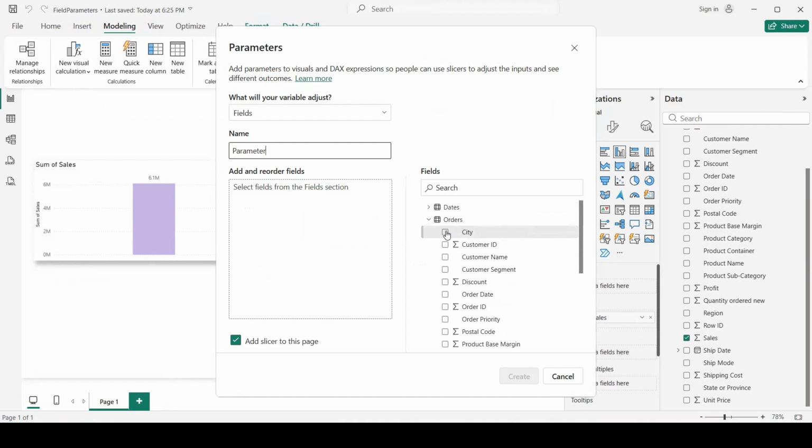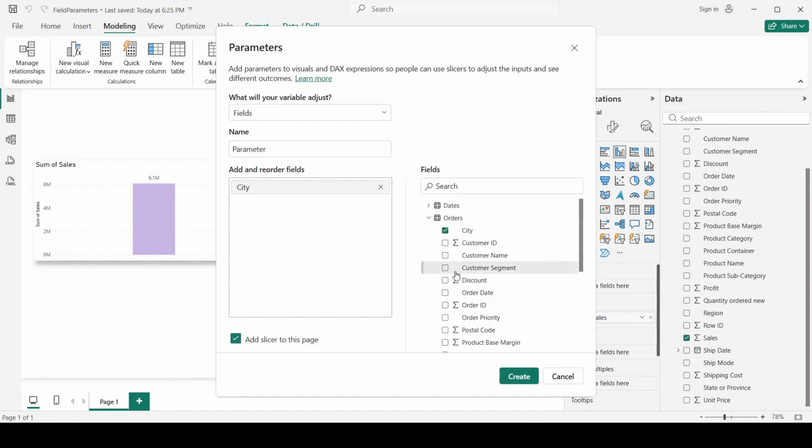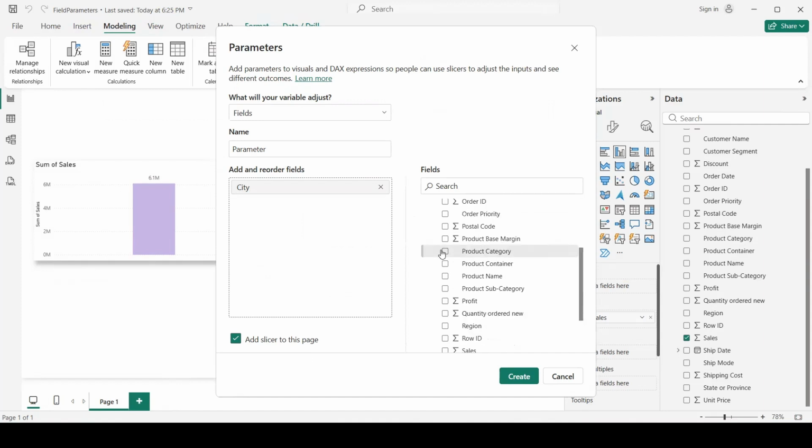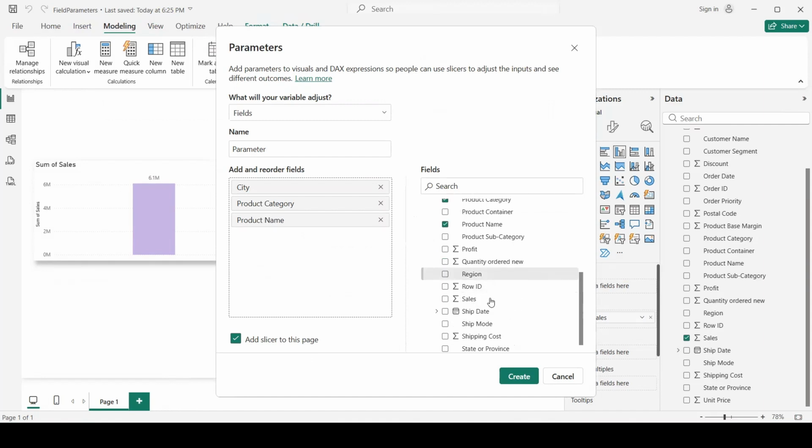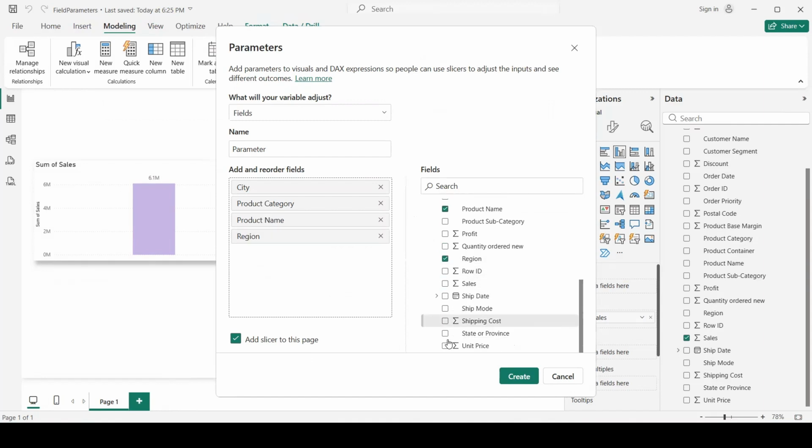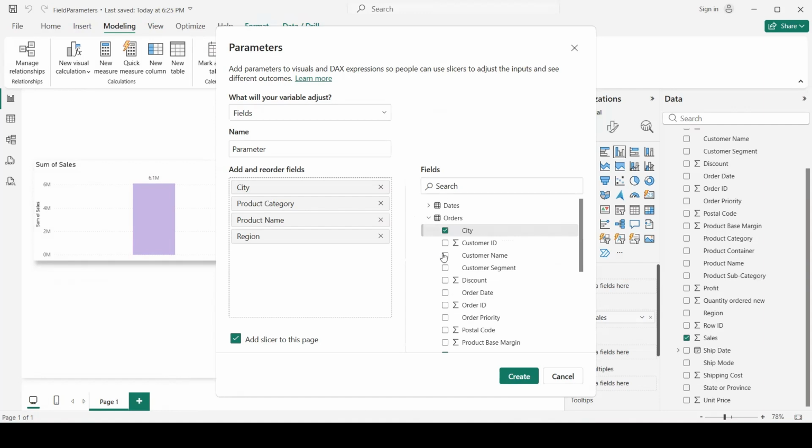So based on sales, we want to see cities, product category, product name, region, and state, and I think also customer name. So we have enough. We have 1, 2, 3, 4, 5 selections.